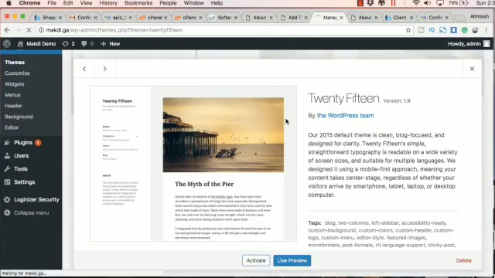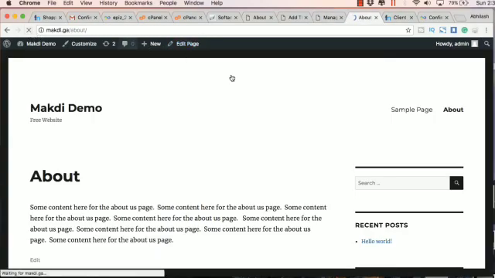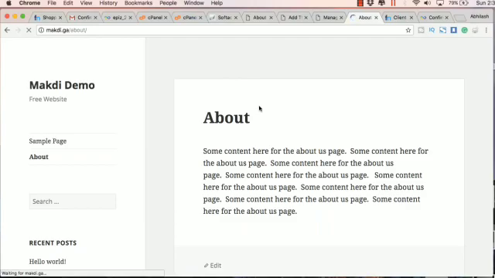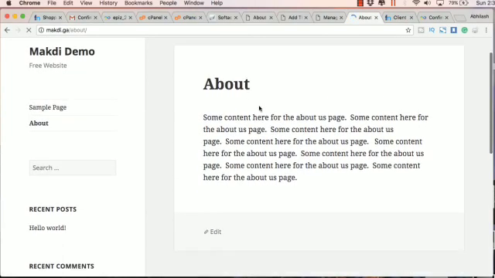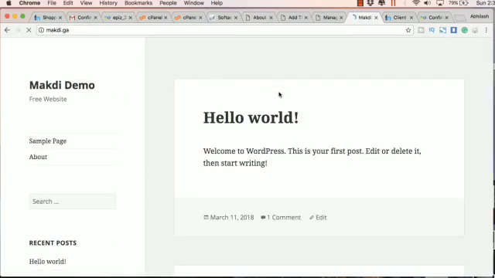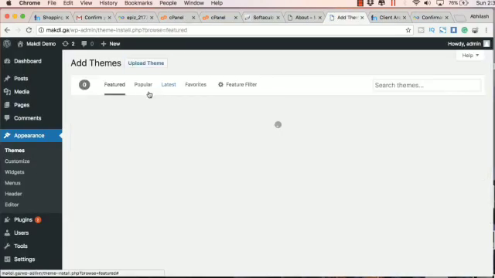Now that's the specialty of a content management system, and WordPress is one of those CMS. So this is one of the other themes which is available in the WordPress backend. Apart from these three available themes, there are several new themes which you can install from the backend. To do this, you just go to themes and click on add new, and you will find several themes here. You can even click on popular to get some popular themes.